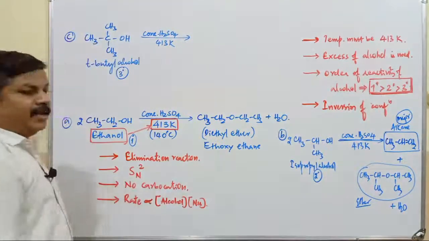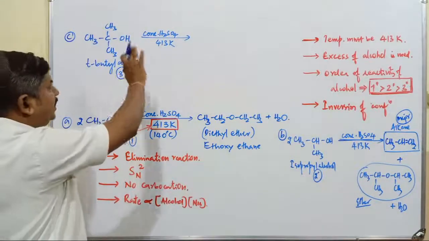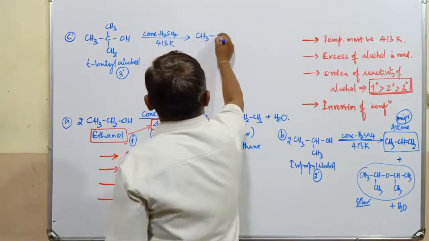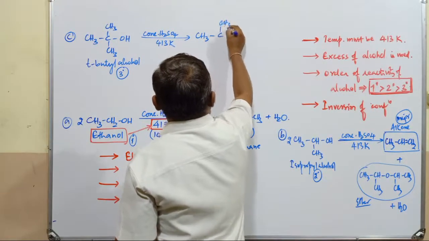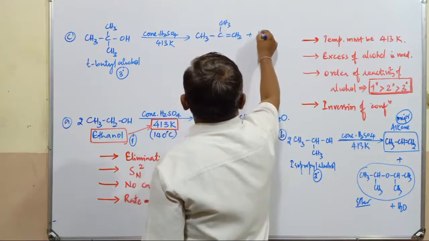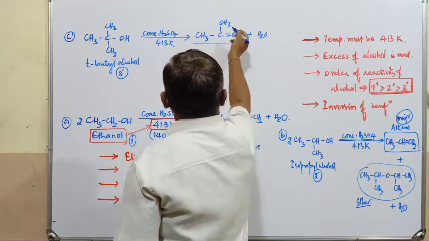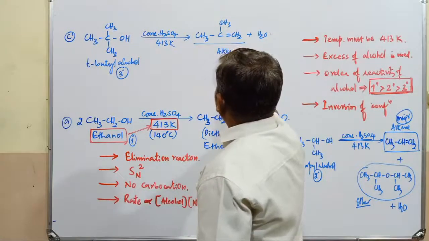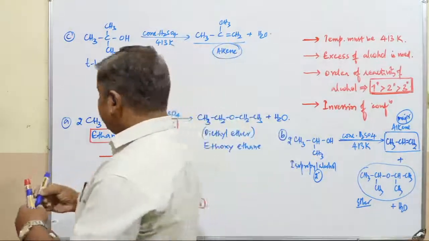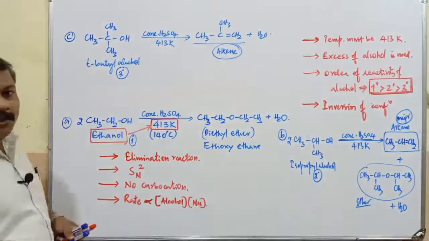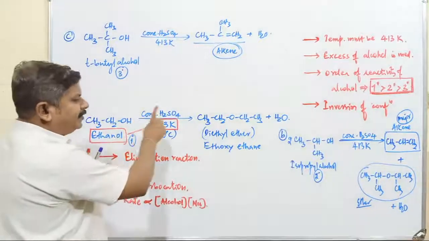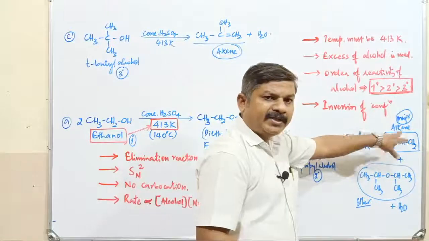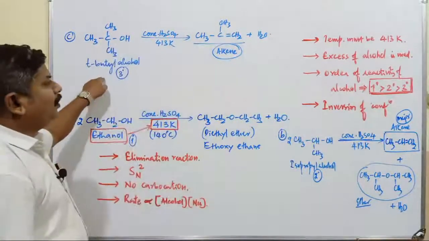what's the product obtained? Tertiary alcohol is always converted into the respective alkene compound. It is CH3, this is carbon, this is going to be CH3, here double bond CH2, plus H2O. Now this one is an alkene, the 2-methylpropene compound. So this is the major product in the dehydration of tertiary alcohols. What point do you have to remember? Primary alcohol gives better yield of ether. Secondary alcohol gives ether as well as alkene, but the major product is alkene. And tertiary alcohol gives only alkene.